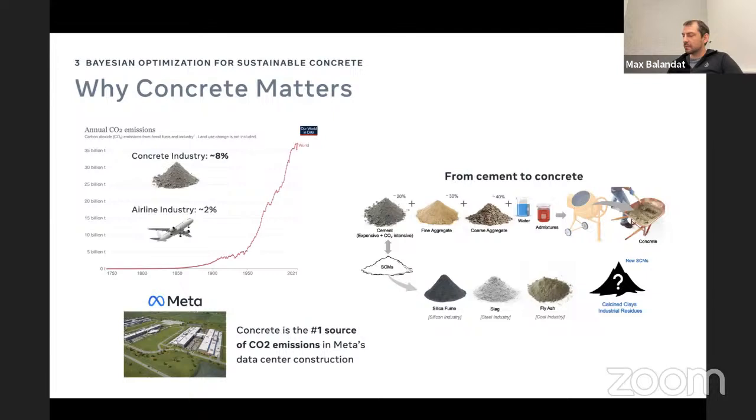If you want to build a building and you want to make concrete, there's a bunch of ingredients. Cement is the one that is most CO2 intensive, and then you throw in some aggregates and water, and that basically makes your concrete. You can swap out some of the cement for what's called supplemental cementitious materials. So these might be side products of other production processes that are available anyway, and so you wouldn't emit additional CO2 by swapping cement out for it. And so that's the whole idea. Can we do that and still have strong concrete but lower CO2 emissions?